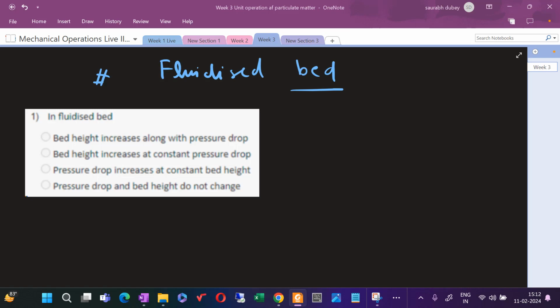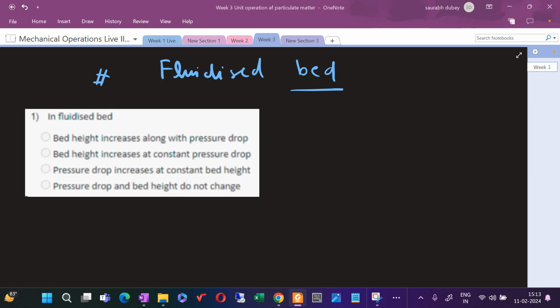Look at the question and read each option carefully. In the lectures, it has been taught through theory, conceptually, and also through the equations. This will make clear in what situation there is a constant pressure drop, or what is responsible for the increase in height, and vice versa. So the answer for the question at hand is